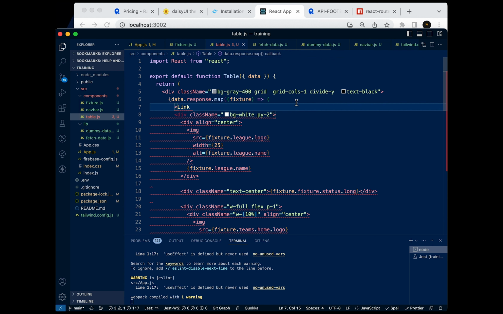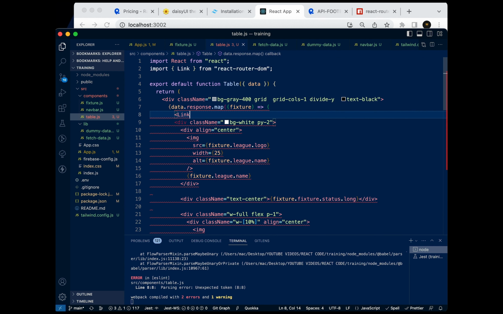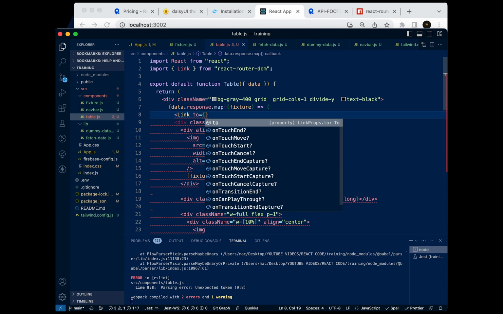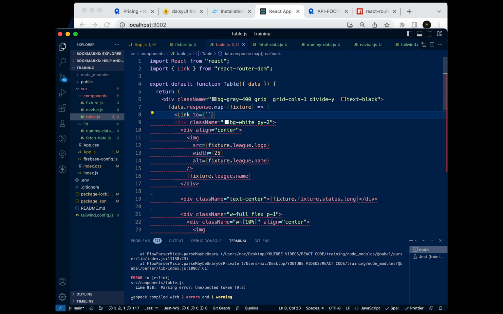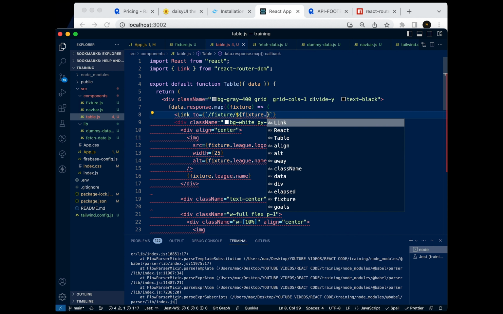Let's see if it will also give us the same error here. Let's hope not. So we're going to say 2. We're going to say fixtures. Oh no, fixture. Let's say this, and we're going to say fixture dot